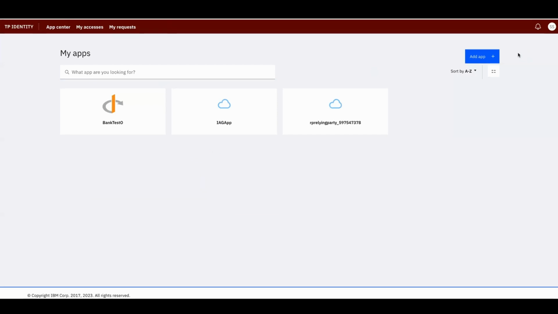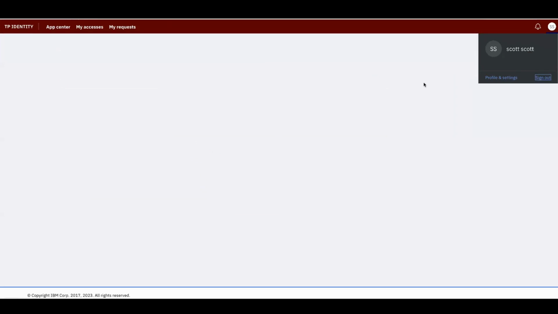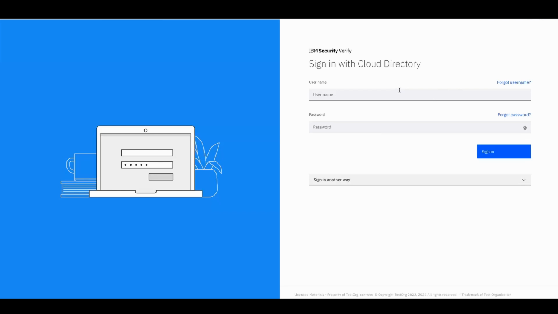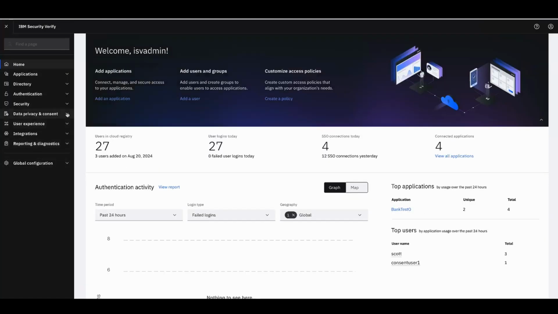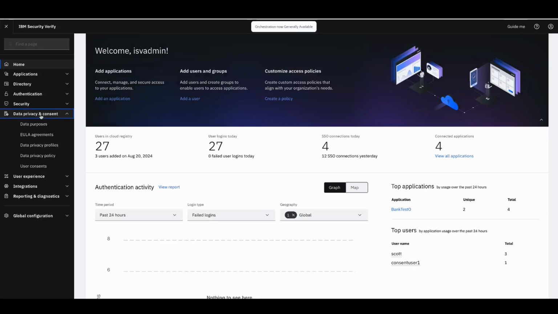So now what I'm going to take you through, the most important item, is around the rules. So what are the rules in IBM Security Verify? I'm going to log in as the admin user and switch to the admin console. Till now, we have seen how to log into the admin console